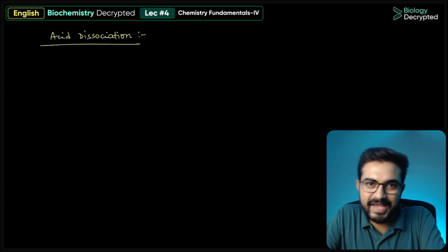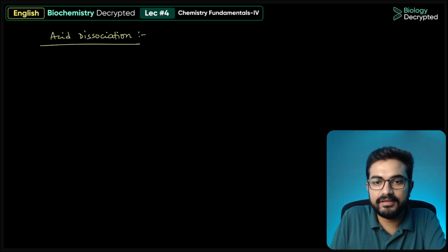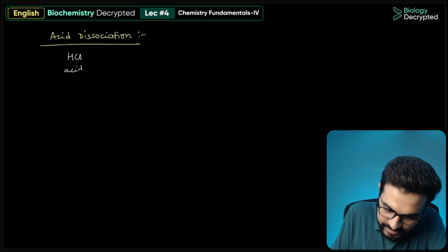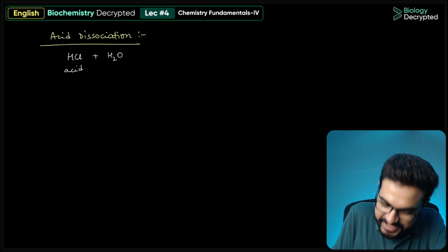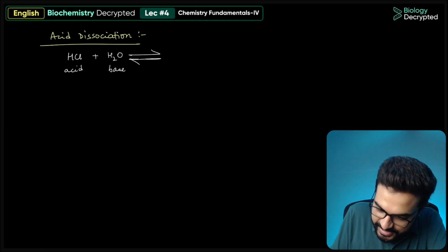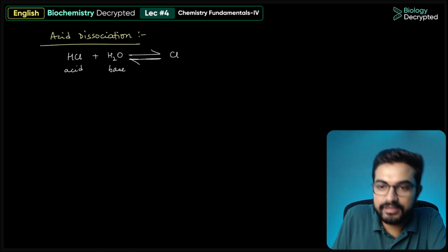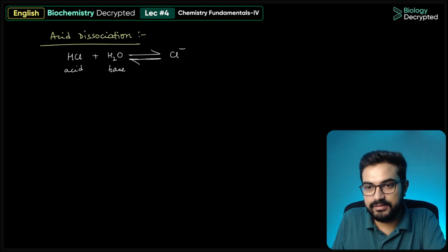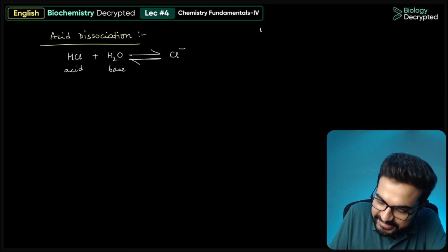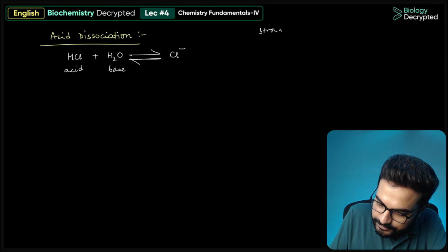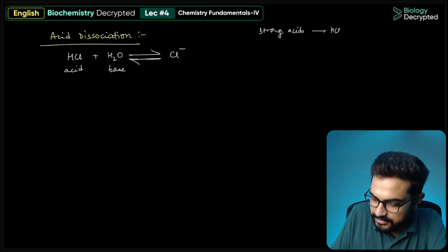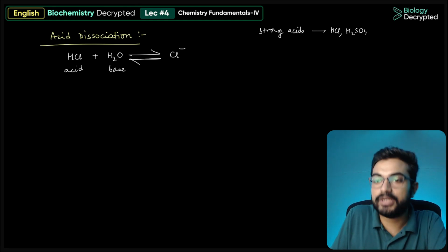For acid dissociation, let's take an example of an acid like HCl. HCl is an acid, and here water, because of its amphoteric nature, will be behaving as a base. HCl gets dissociated and forms Cl minus. And since HCl is a strong acid, let me tell you about strong acids and weak acids first. Strong acids such as HCl, H2SO4,